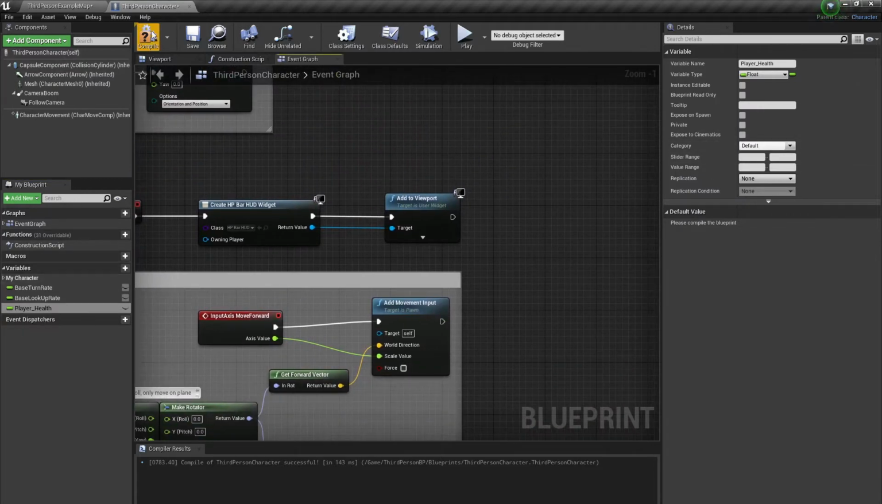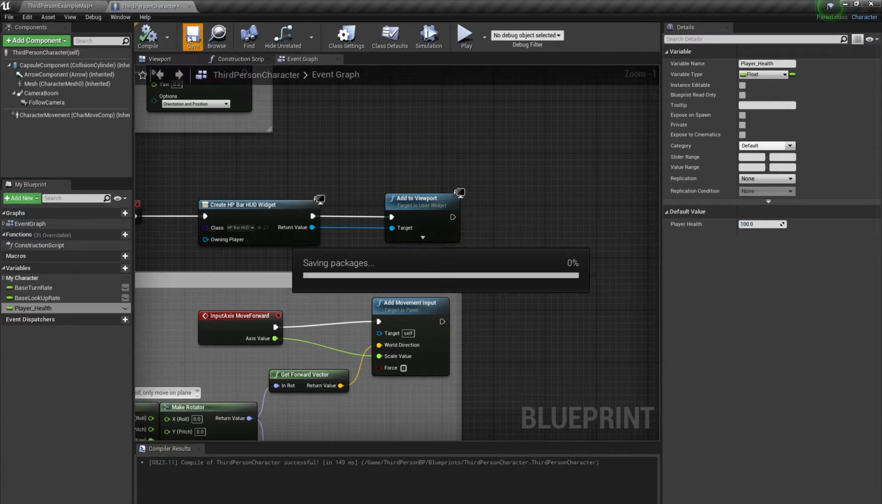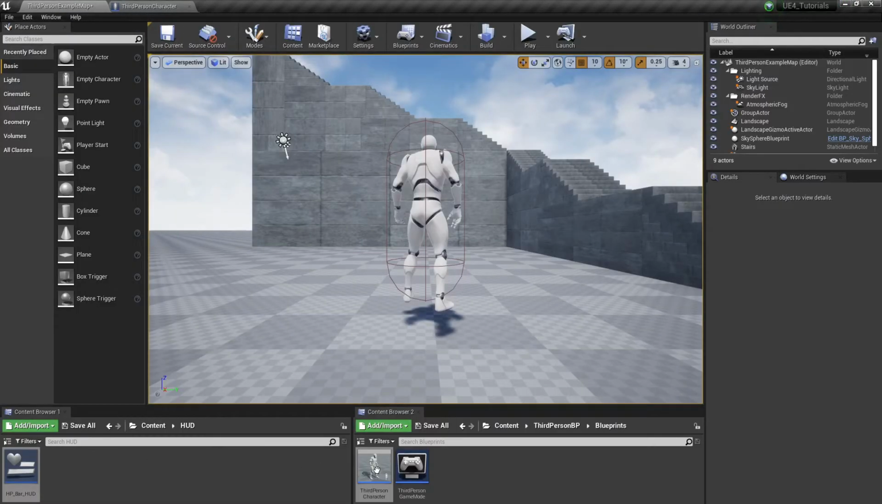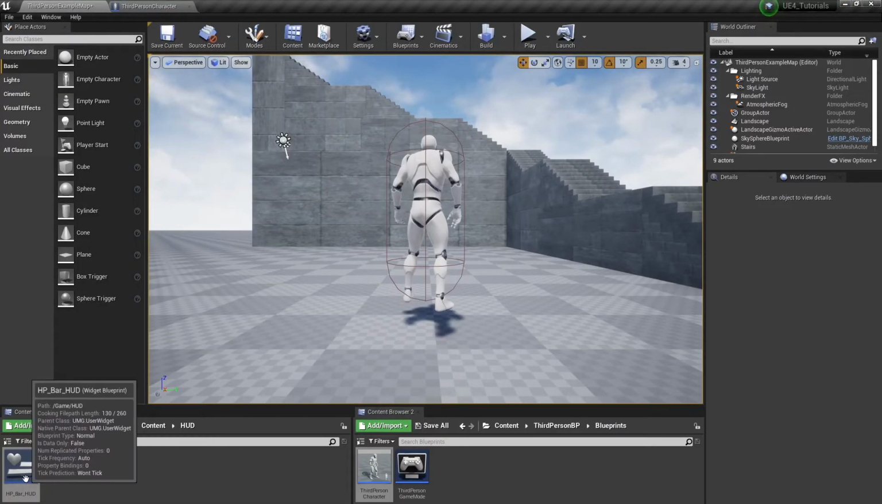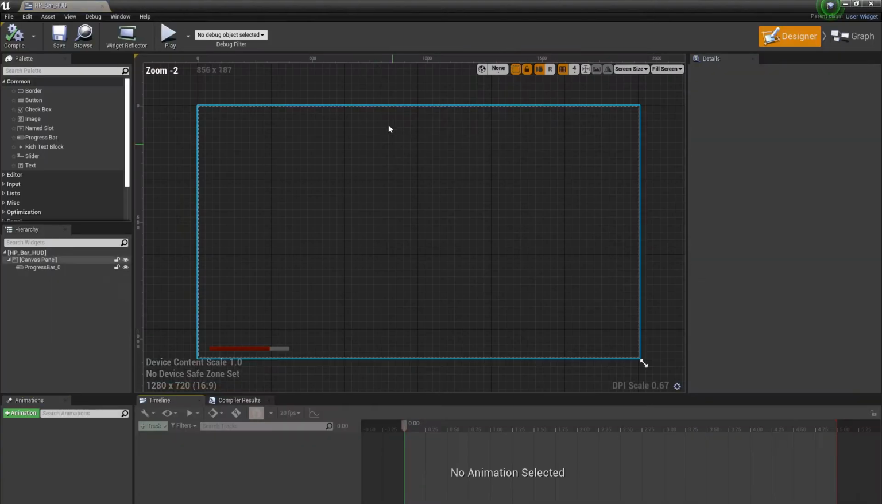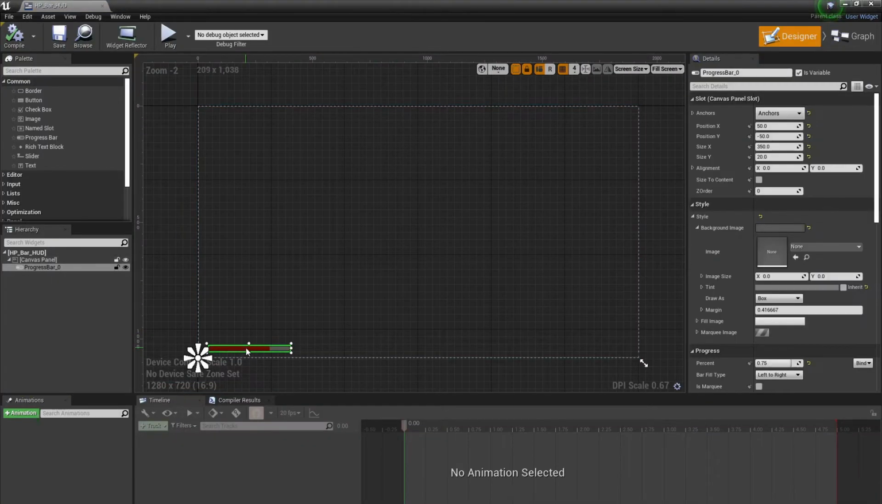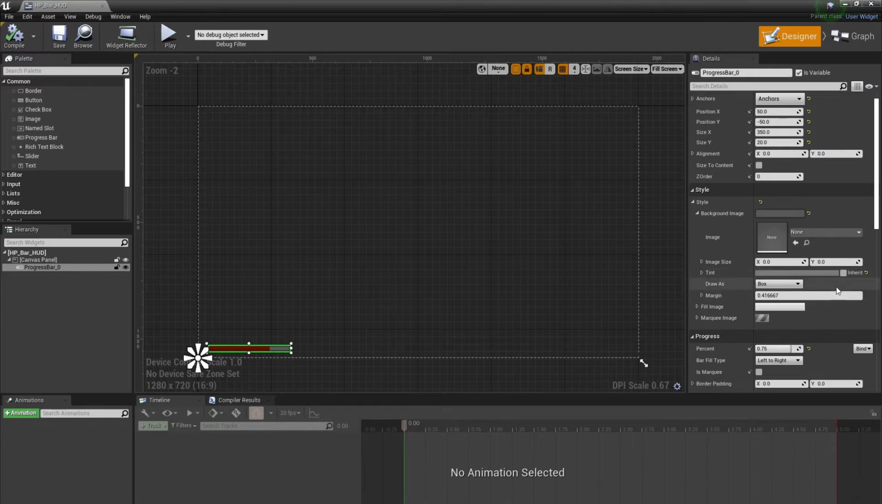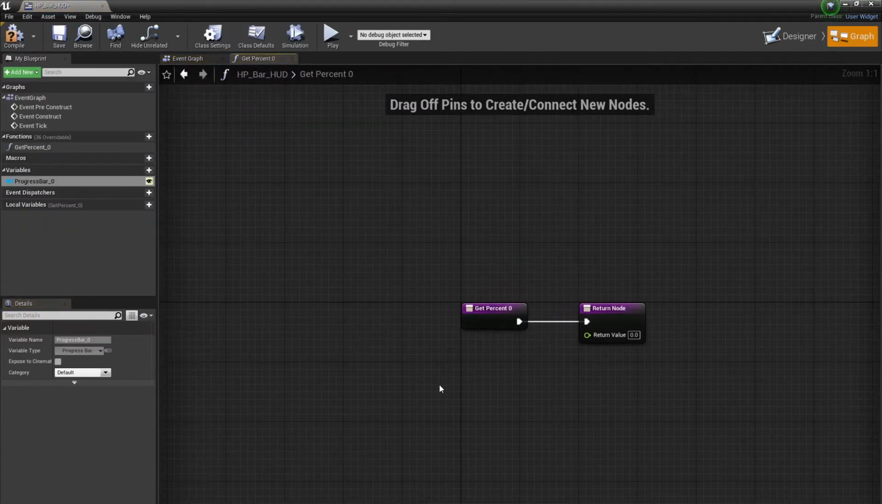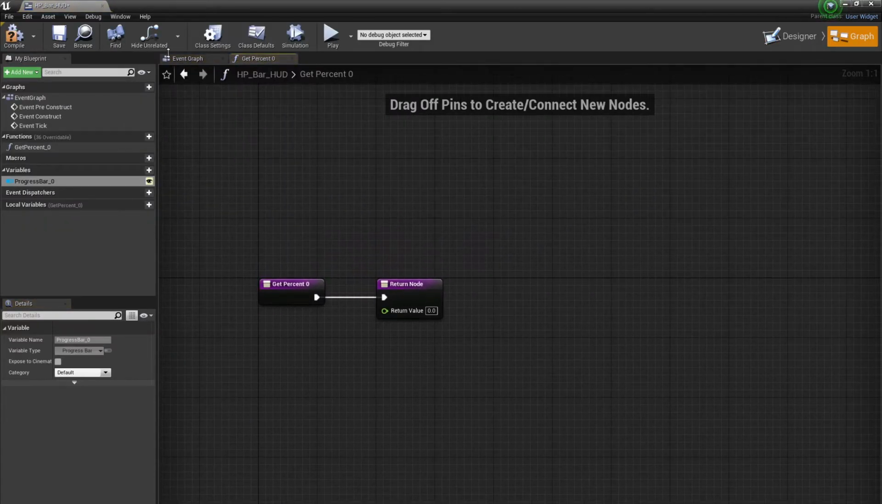So we have our player health. We compile it so we can set a default value. I'm just gonna set it to 100 because that's nice and even. And if we go back to our widget blueprint right here, the HP bar HUD, we can actually bind this value. So I just click on here and go to percent. I'm just gonna say bind, create a binding, and I'm gonna leave this part alone for now